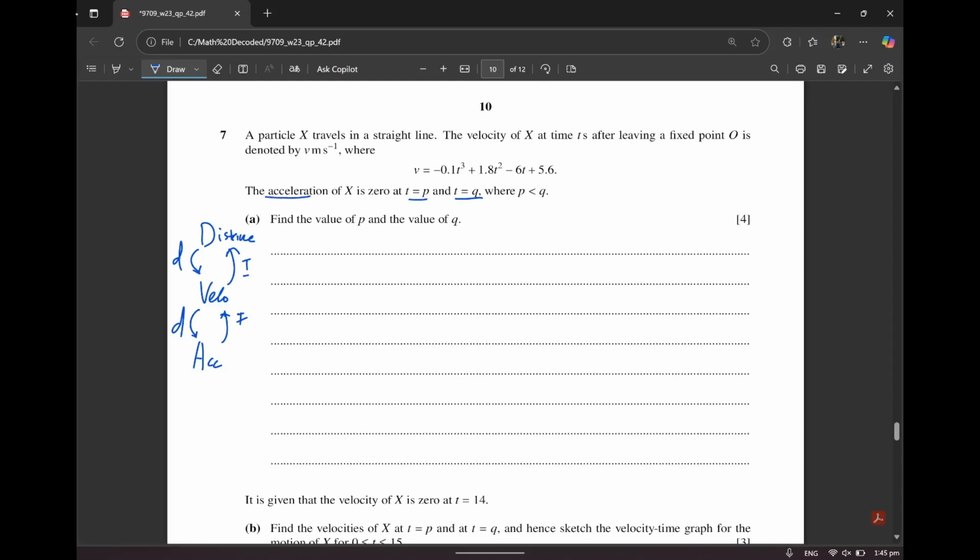They talked about acceleration, so I need to convert this velocity equation to acceleration. So I will differentiate it. dv over dt is going to be equal to negative 0.3 t square plus 3.6 t minus 6. I know that this is equal to 0 because the given acceleration is 0. You can put this into your calculator, or solve it by middle term breaking, or by the quadratic formula. I just put it into my calculator, and I will get